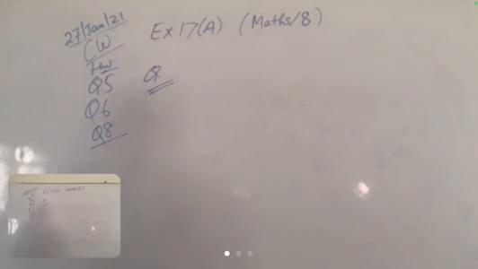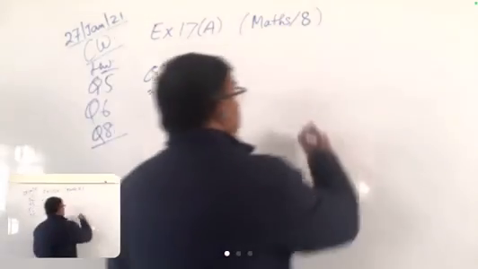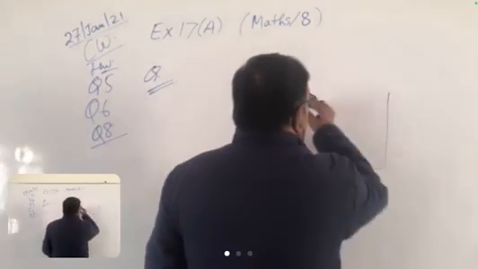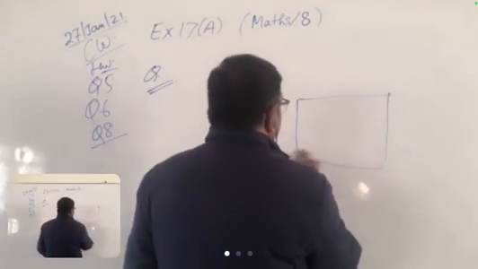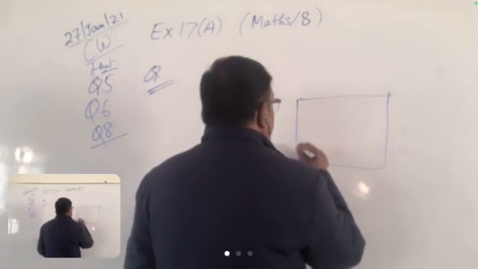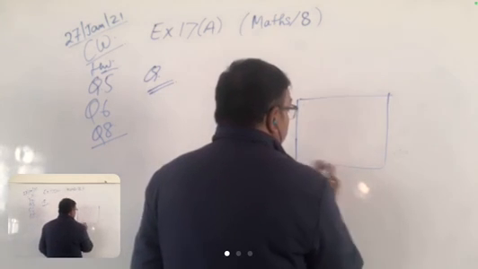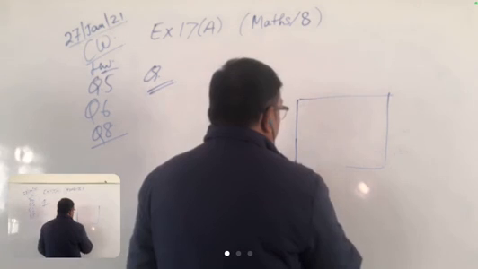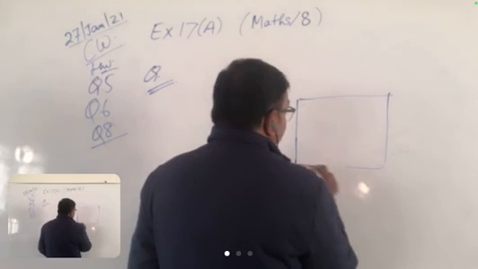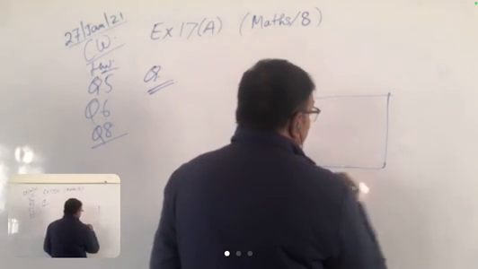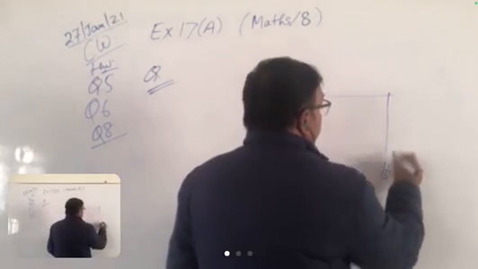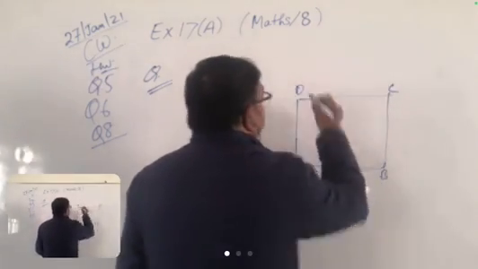Construct a quadrilateral ABCD in which AB equal to 3.5 centimeter, BC equal to 5 centimeter, CD equal to 4.6 centimeter, angle B equal to 125 degree, and angle C equal to 60 degree. You read that quickly. Okay, good, no problem. Now see everyone, first make the rough figure like this.